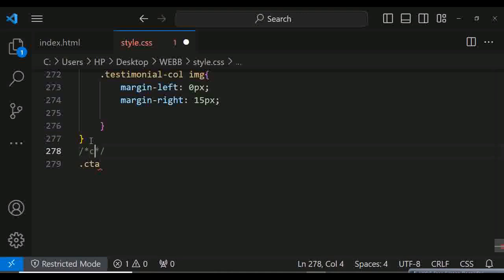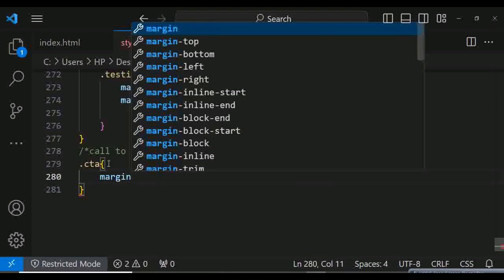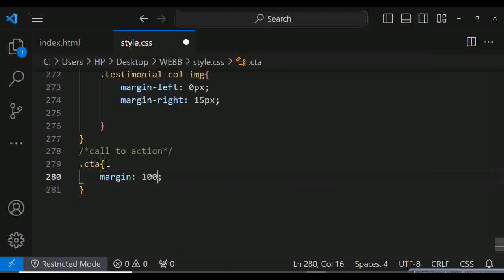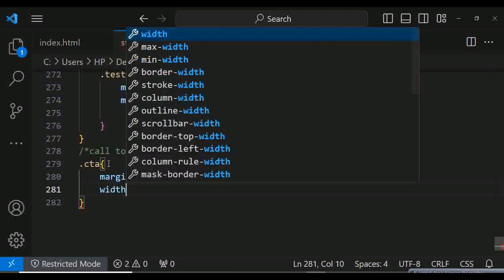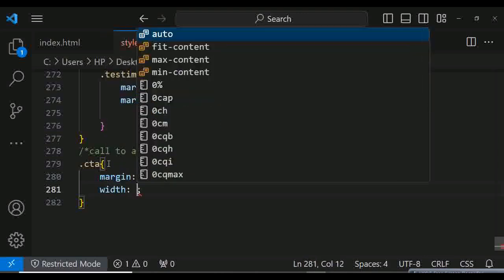Call to action. CTA then this. So margin 100 pixel auto, width 80%,